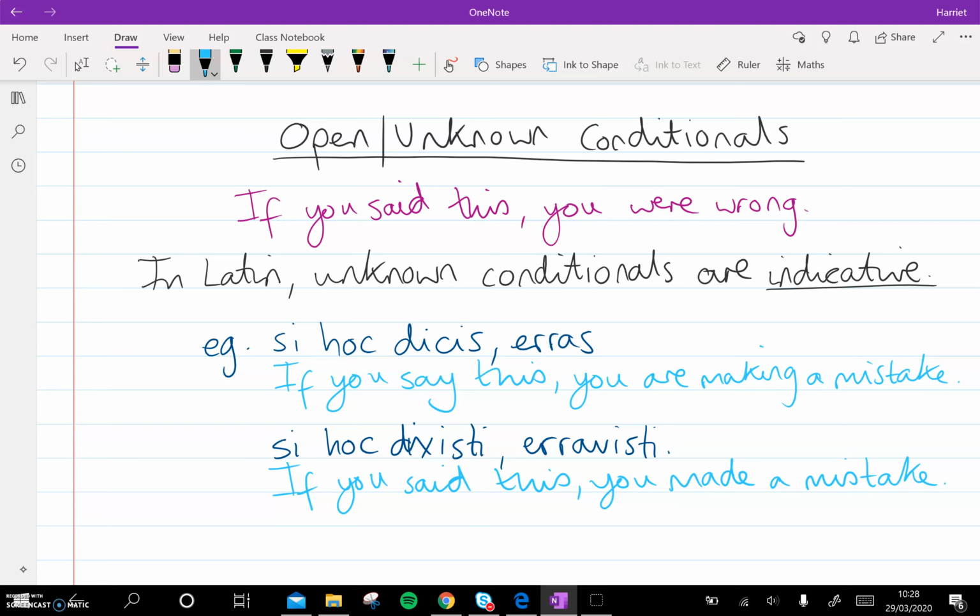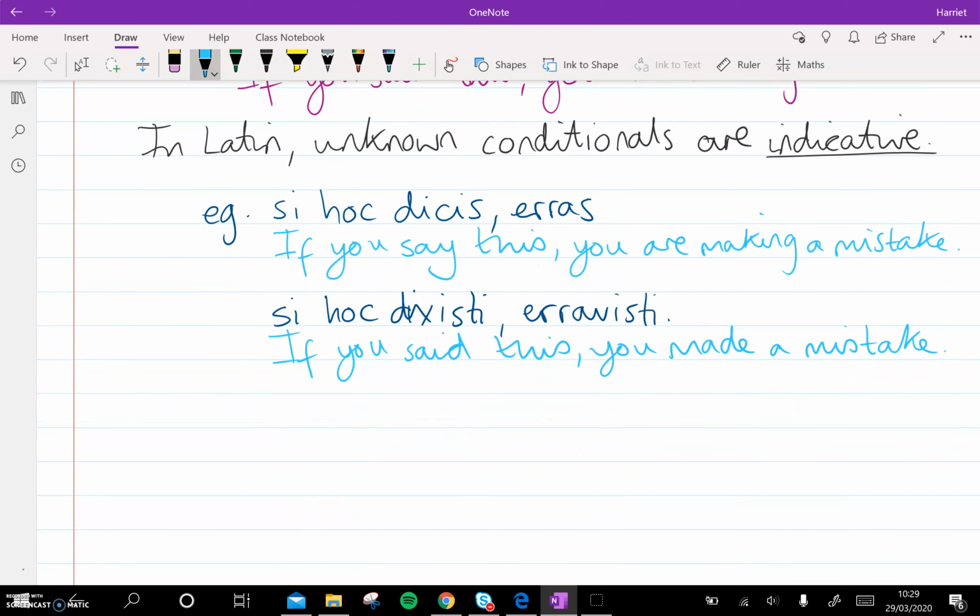So they're quite straightforward. The only way in which they're a little bit complicated is in the future, but this is nothing new to us because quite often Latin has a hidden future. In English, you wouldn't say, if you will do something, this will happen. The first part of that sentence, you would keep in the present. If you do something, this will happen. But in Latin, it will be in the future. So we'll write down an example that looks like that. So again, same idea, same sort of structure, but this time in the future.